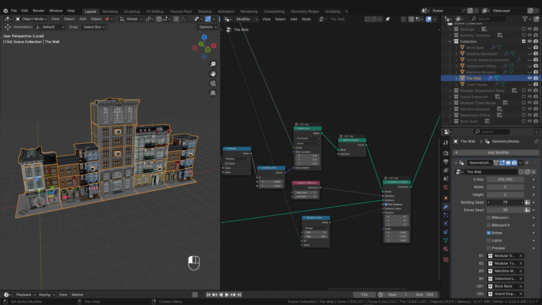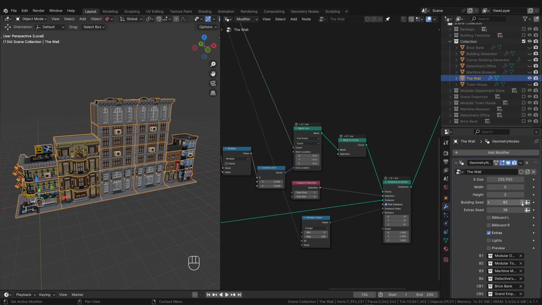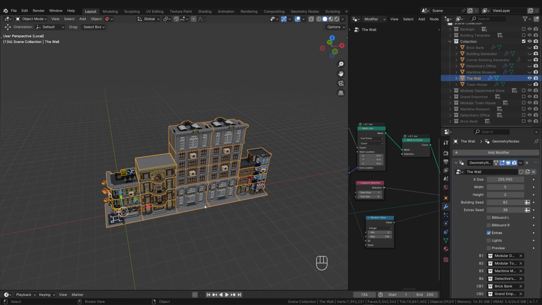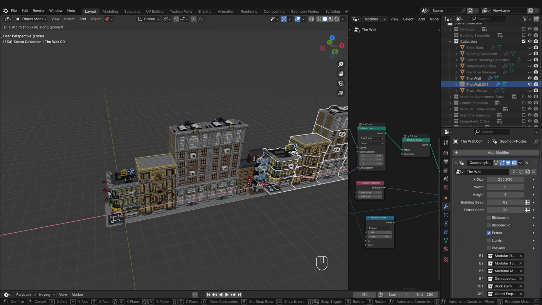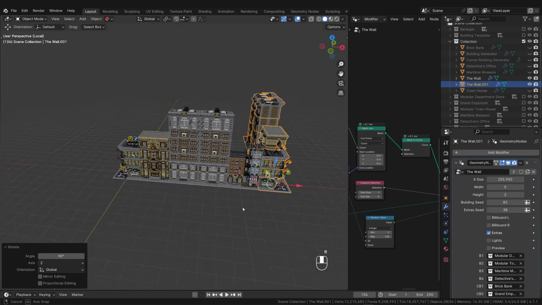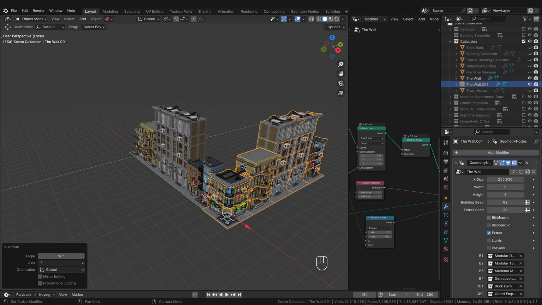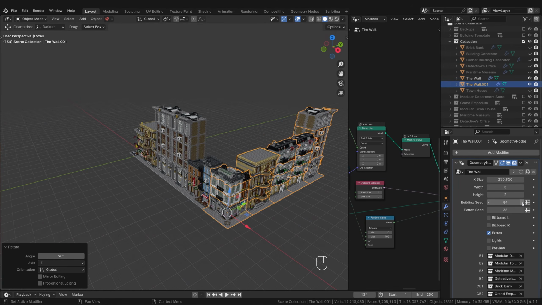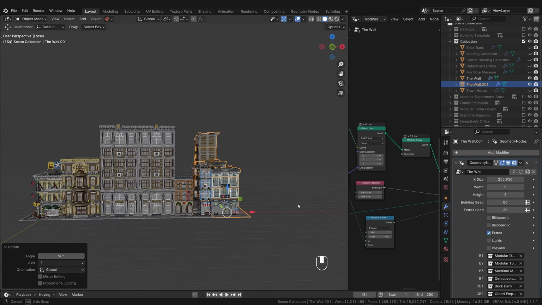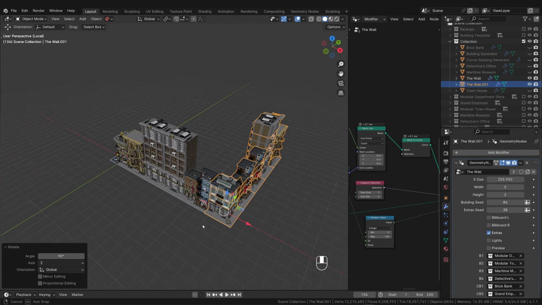You may be wondering why we didn't also add a corner building to the end of the row. If you imagine that you are building a complete street set that also goes around the corner, it is better if the end remains free. Then you can duplicate the entire wall, move it to the end and rotate it by 90 degrees on the z-axis. And you will immediately have the perfect connection. Change the seed a little bit on the other wall, done. This makes it quick and easy to create entire blocks of buildings.